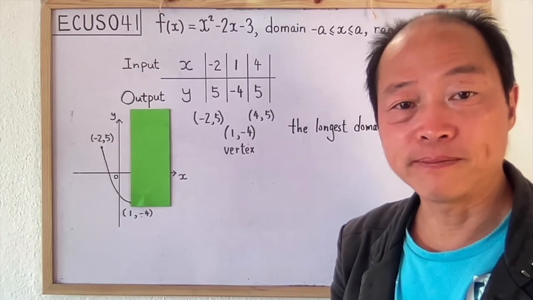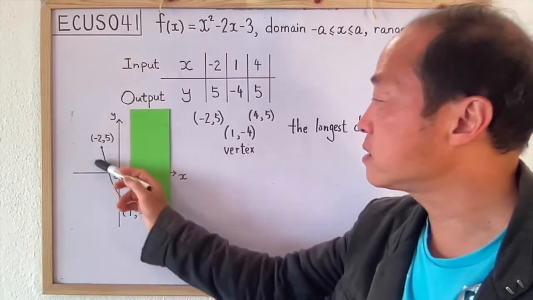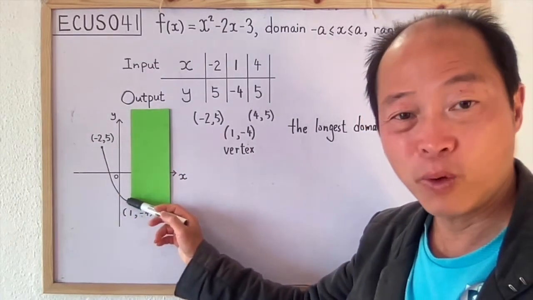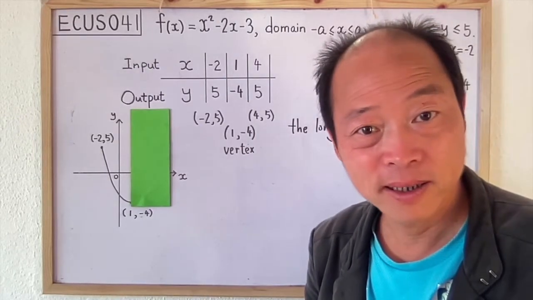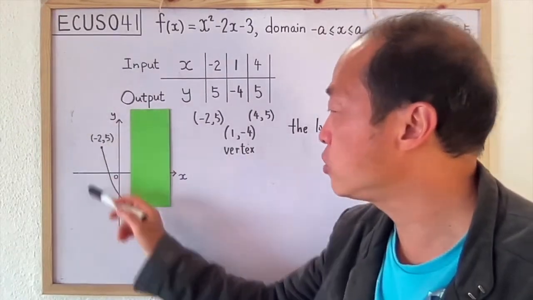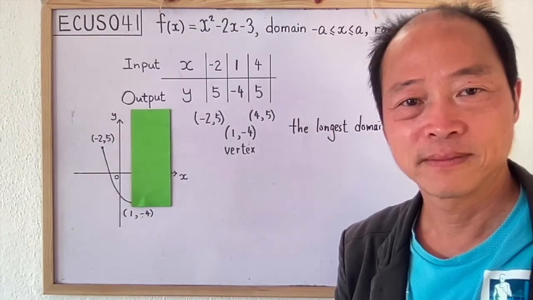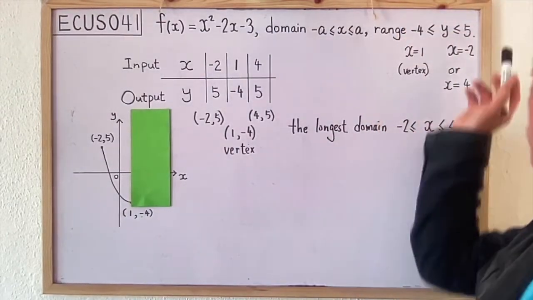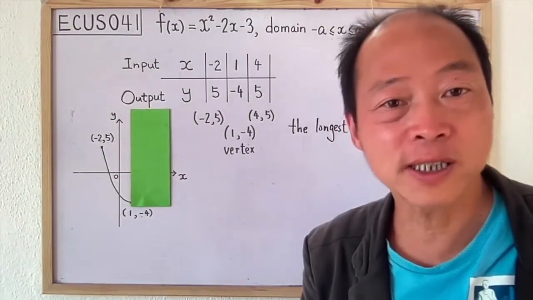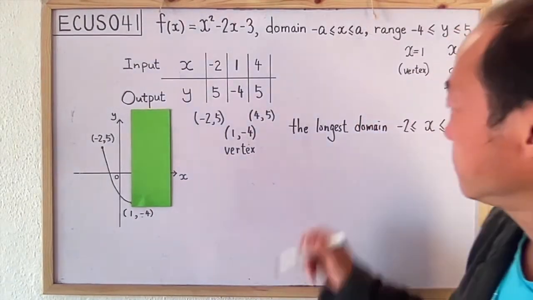When the part of the graph to discuss attains its shortest value, we will have the shortest domain. X is between -2 and 1. Therefore, to keep this range, the shortest possible domain is